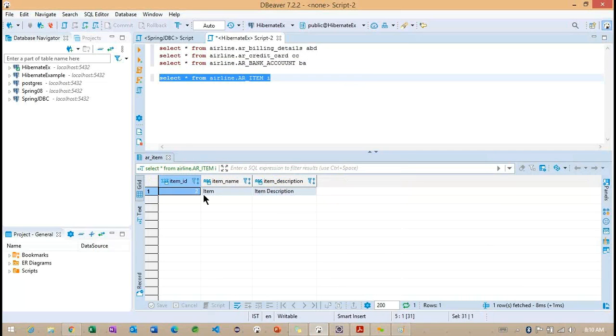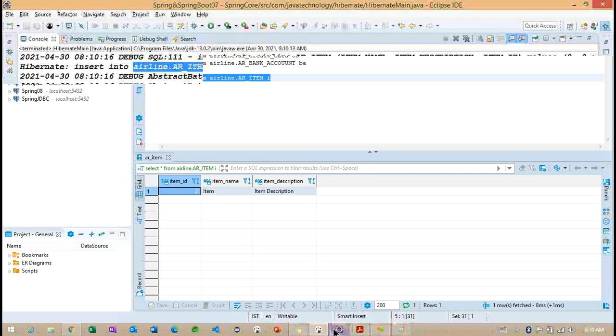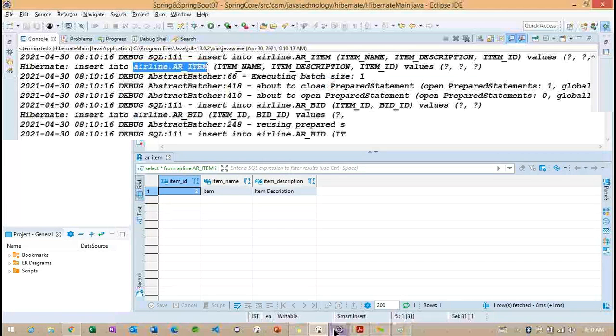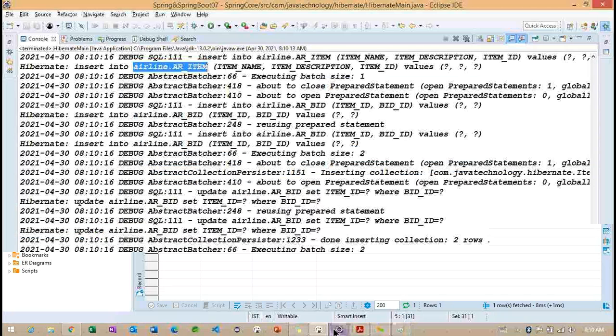Item. So in the sequence we are having the item and item description. Only one object we created. Finally, we want to check the schema reference here. We want to run select star from. Now we can understand the relation.